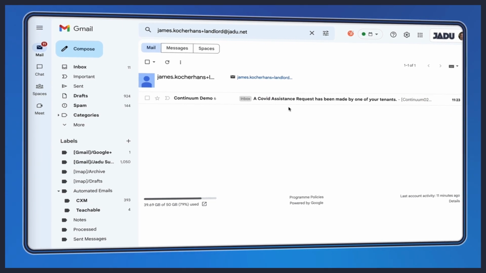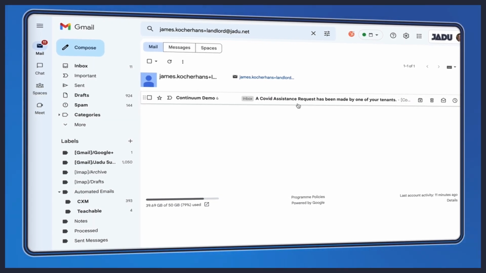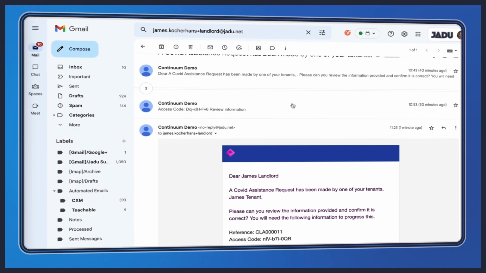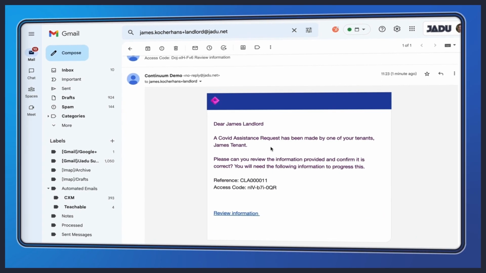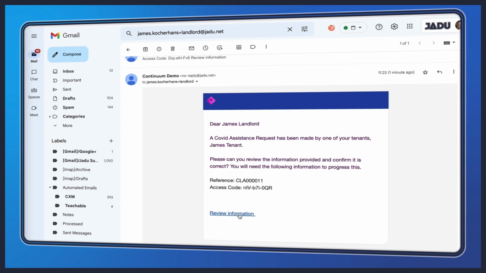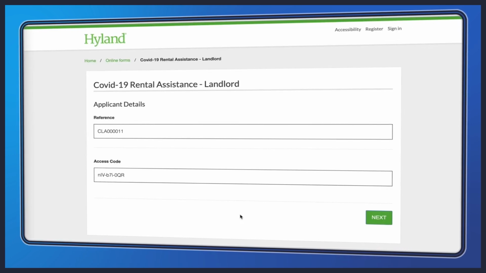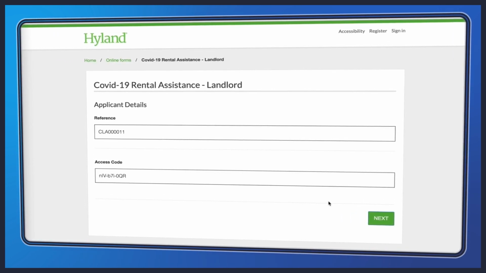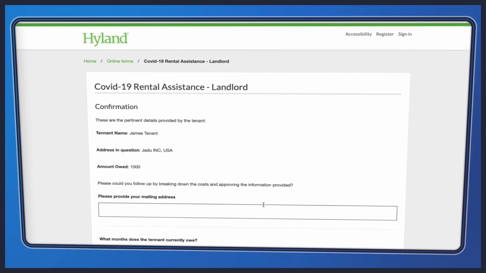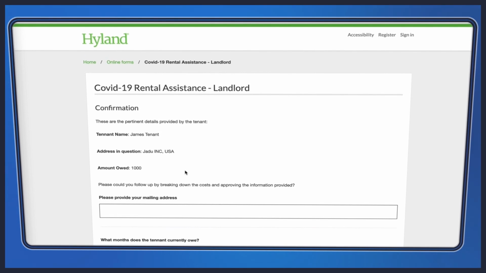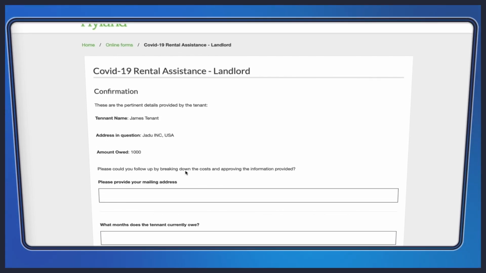So, acting as a landlord, if I head over to my emails, I can see I have an email about one of my tenants, and I need to confirm the information that they have provided. So if I go into the form, I can see that the information I need to validate who I am is already pre-filled, and I can see all the pertinent information about the process, which is held in Workflow for Forms. I fill out any additional remaining information,